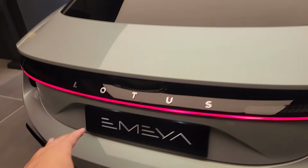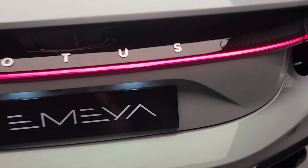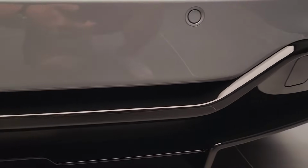And proudly emblazoned here are the words Lotus. And down here, of course, we have the diffusers and the air that travels. Look at all that. It's a flat floor. Okay, and lovely. Lovely. Before I go in,